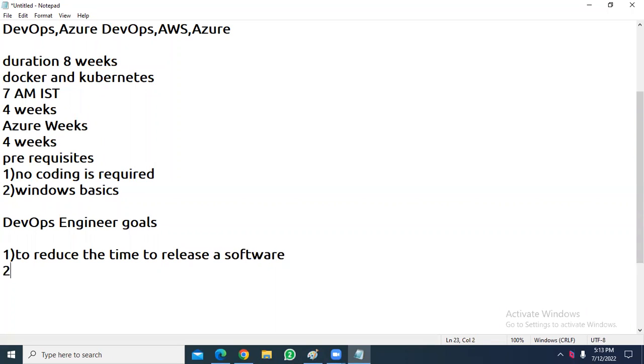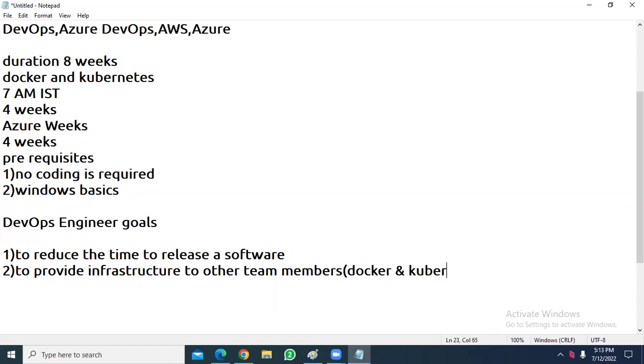The second goal of a DevOps engineer is to provide infrastructure to other team members. This we can achieve with Docker and Kubernetes, while the first we can achieve with Azure DevOps.